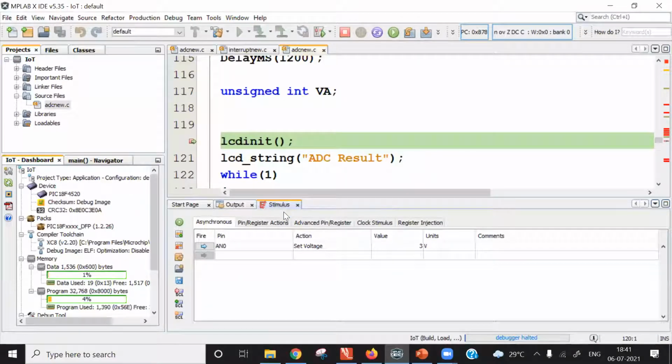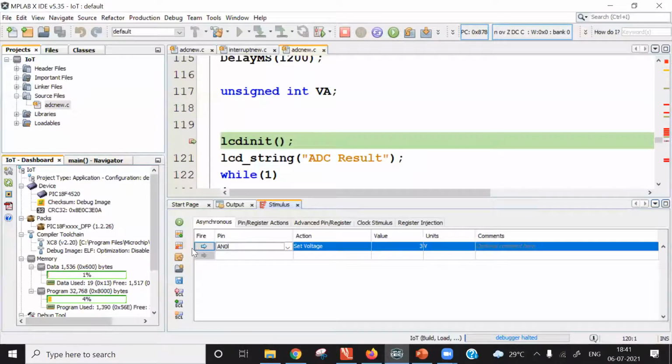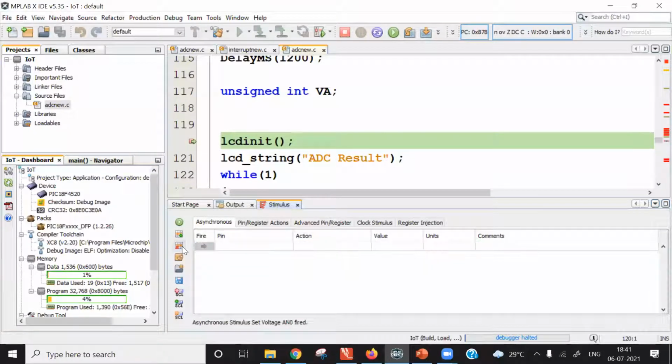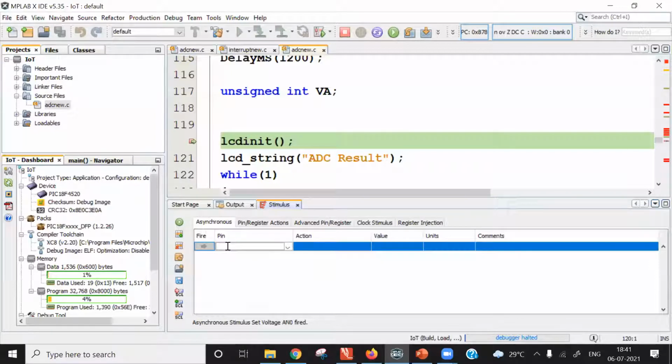It is open here. This stimulus is open in the task pane and you will see there is an analog channel. Let me delete it first. In the stimulus window, what is written here? File, pin, action, value, unit, comments. So let us select the AN0 channel because our analog signal is on the AN0 channel.